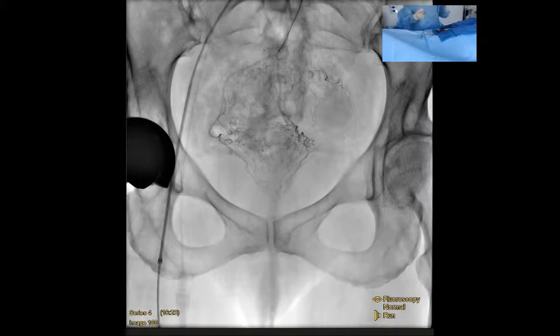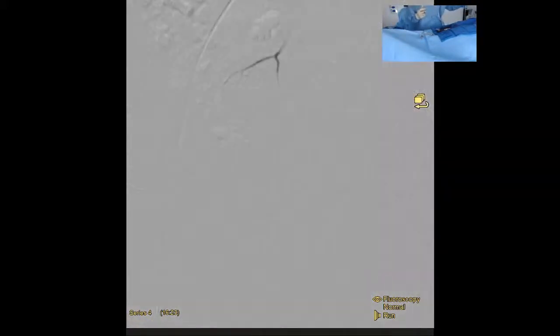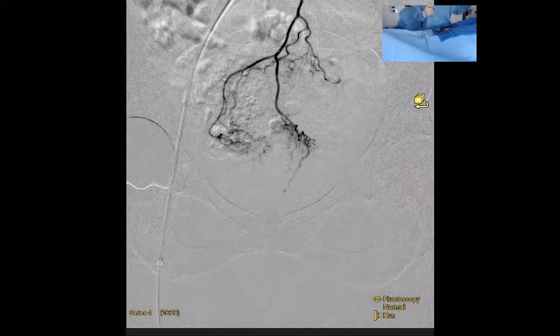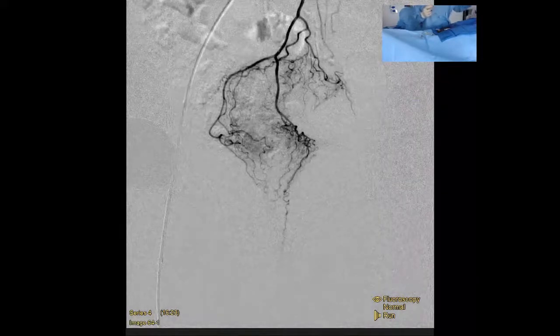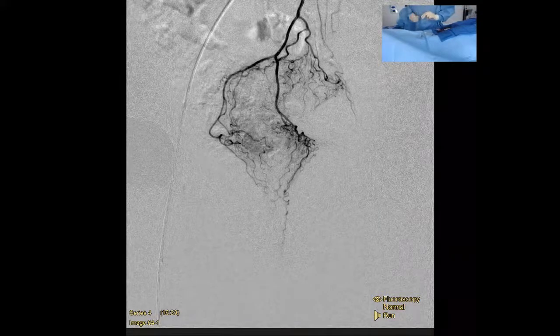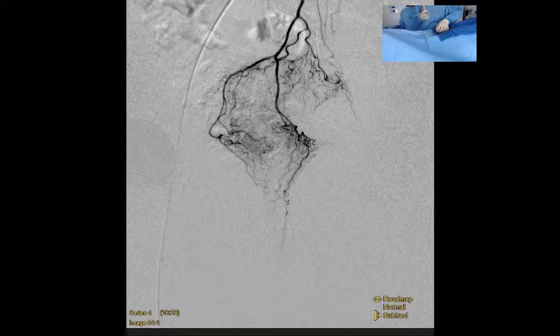And then it's an 014, it's nice, it selects a lot of branches. Now sometimes that's annoying because you're selecting every little branch as you're going, but other times that's what you need to get into where you're going. Absolutely. Well, it's interesting, in this particular case here, as you can see, we've now done our angio